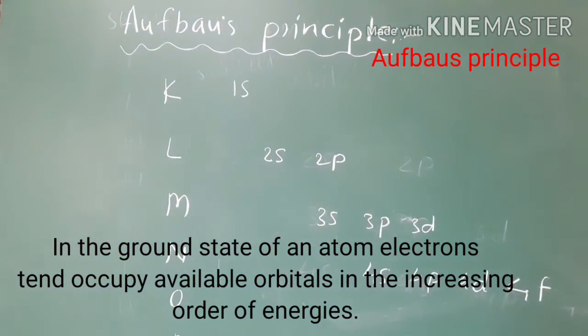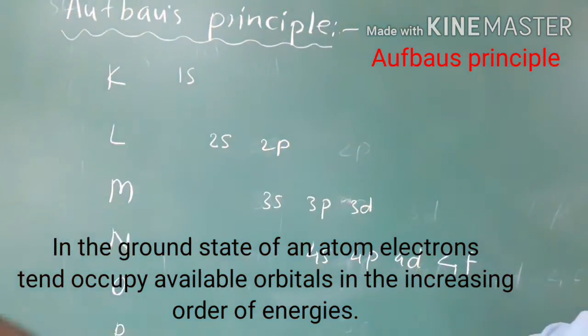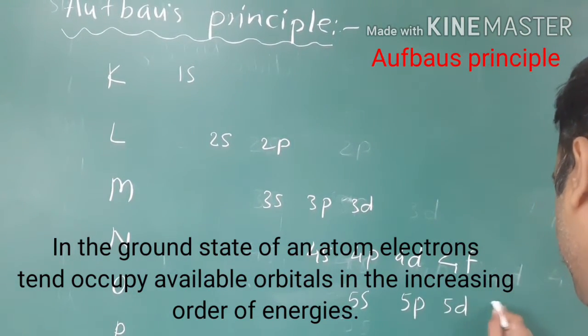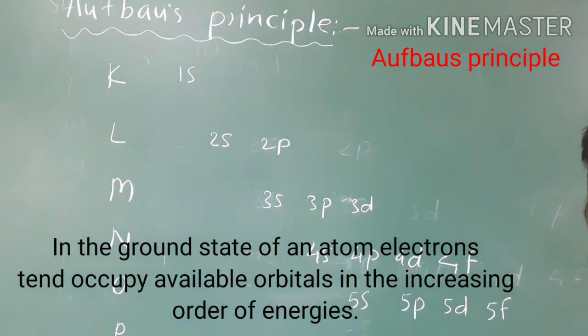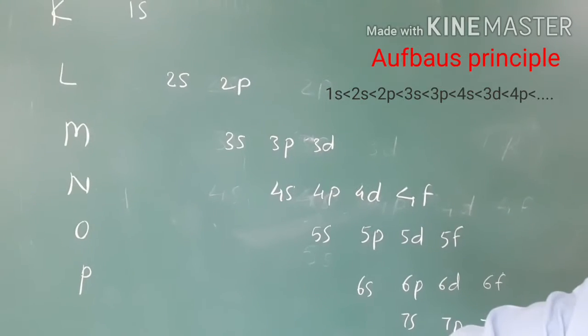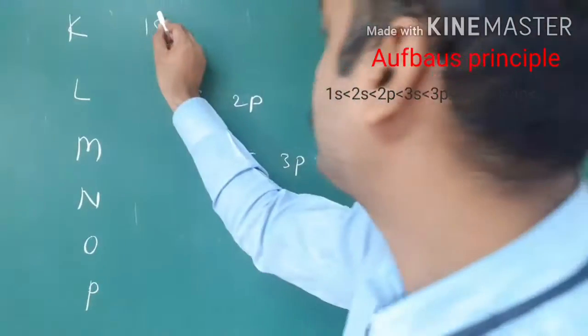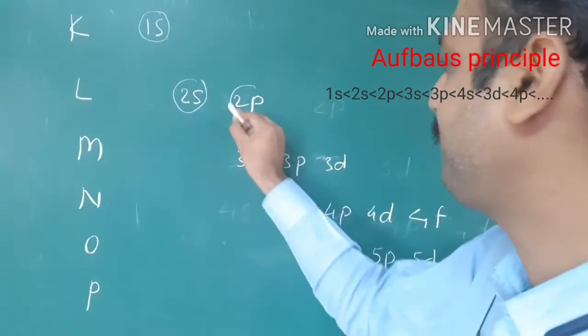We can write them like this. 5S, 5P, 5D, 5F. Then here there is 6S, 6P, 6D, 6F, 7S, 7P, 7D, 7F. Like this basic structure we should make first of all. Now this diagram shows how the electrons get filled in different subshells. So I will make a circle for each subshell. These are the shells, and the shells are made up of the subshells.